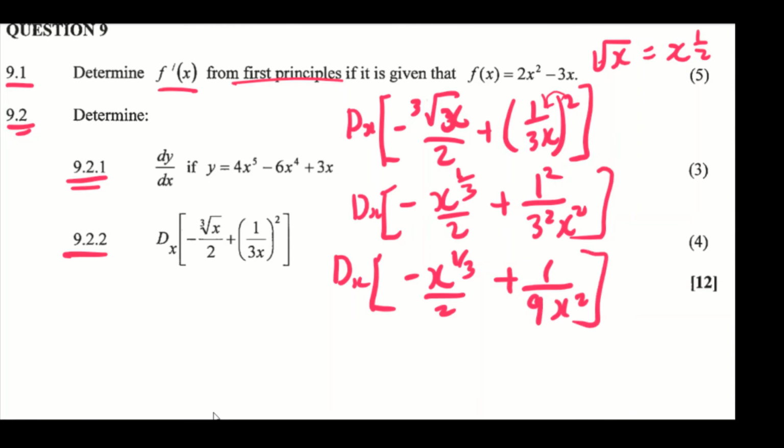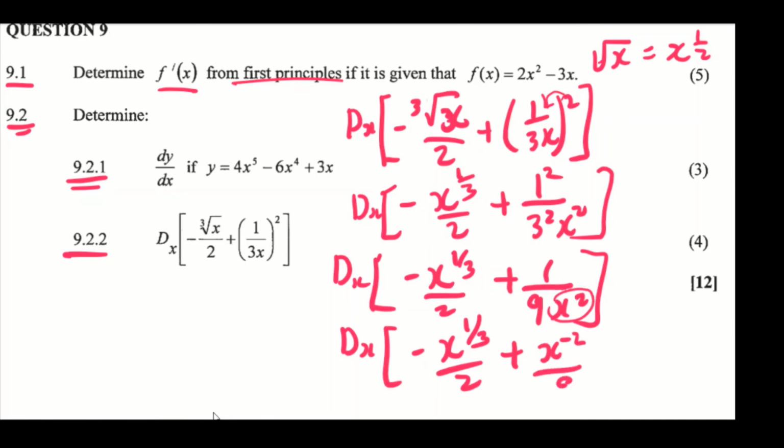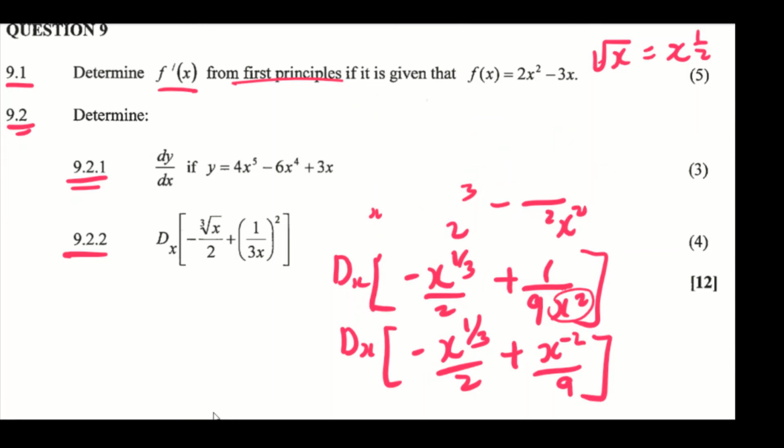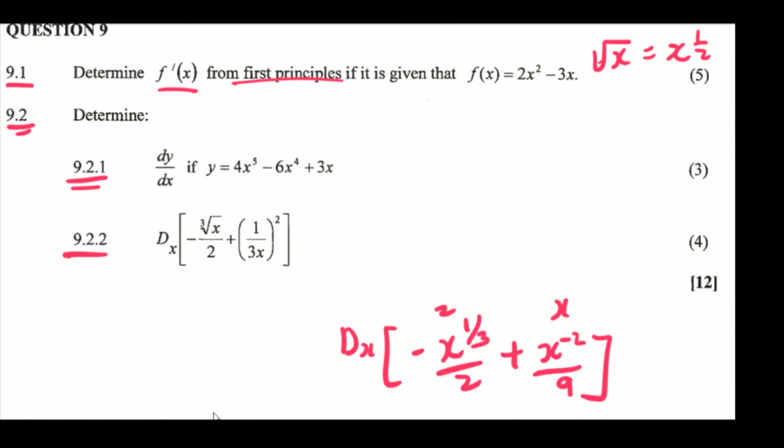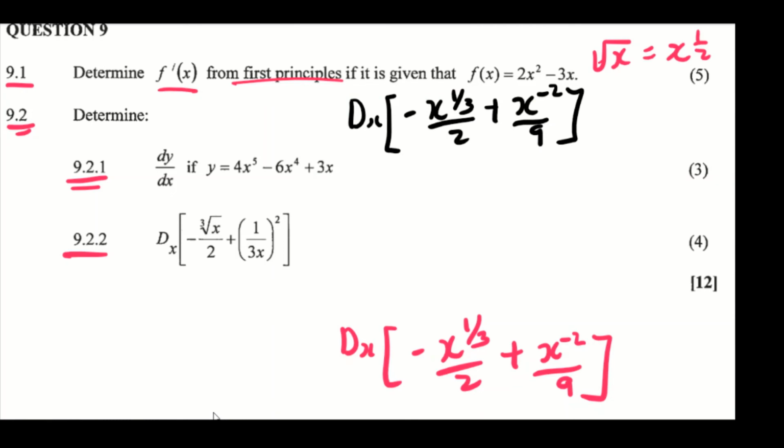So d/dx, we have minus x to the power of 1 over 3 over 2, plus let's take the x squared up, so we're going to have x to the minus 2 over 9, right? So let me erase at the top. So what you have is this d/dx of minus x to the 1 over 3 over 2 plus x to the minus 2 over 9, right? And then to find the derivative, we say